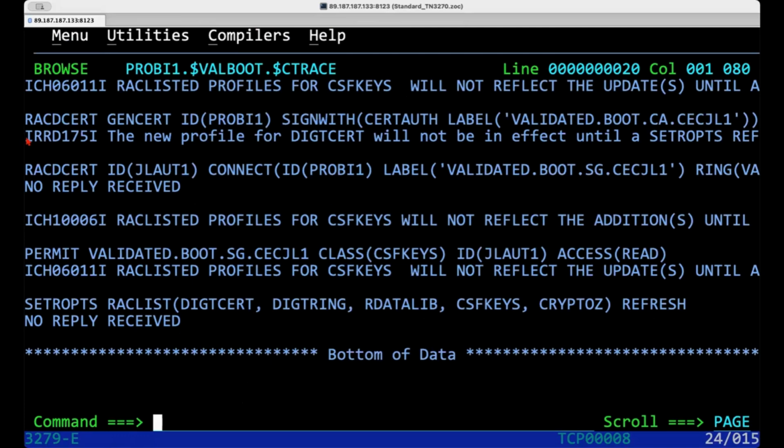If we expect that RACF is going to give us a reply, or any reply, whether we expect it or not, we always put it in the trace. But if there's no reply, we always say, hey, we didn't get a reply. RACF is notorious for not replying when things are good. I guess you can't blame them for that. That's a good thing. When we PF3,